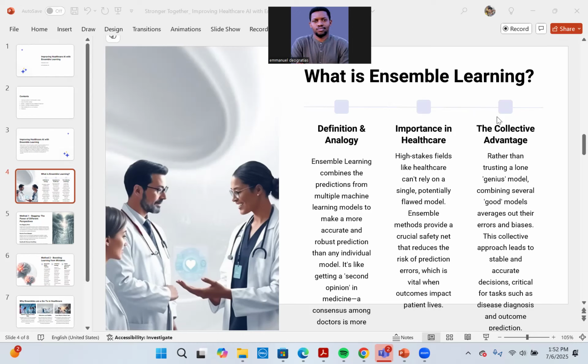This is critical when predicting patient outcomes, where a single model can make a mistake. So trying different models helps to remove that mistake.